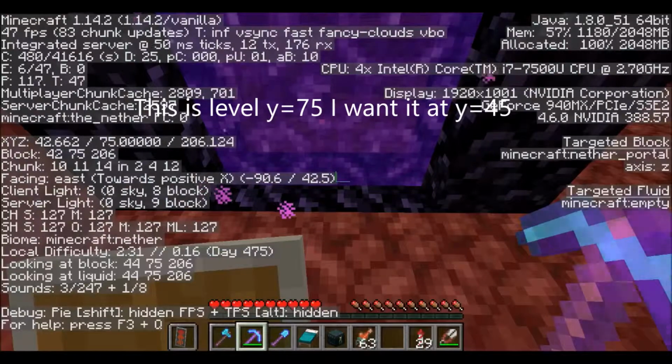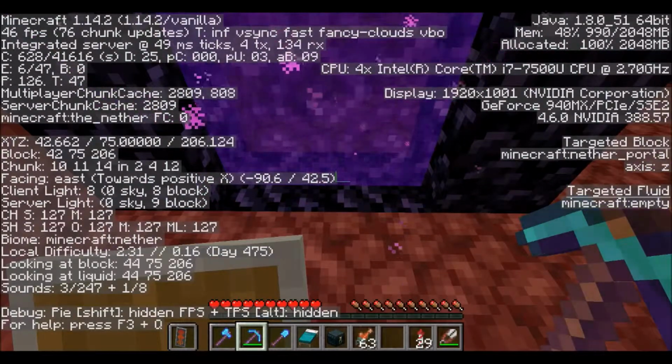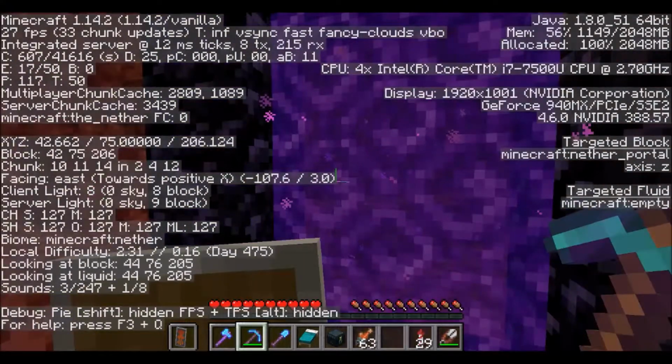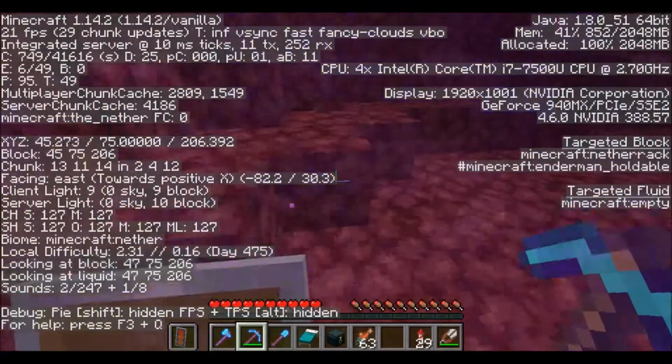Okay, looking at block 44206. So it's not in its ideal location. Not at all. But that's okay, because we're going to move it. What we're going to do first is go back to our base and from the portal hub to make this